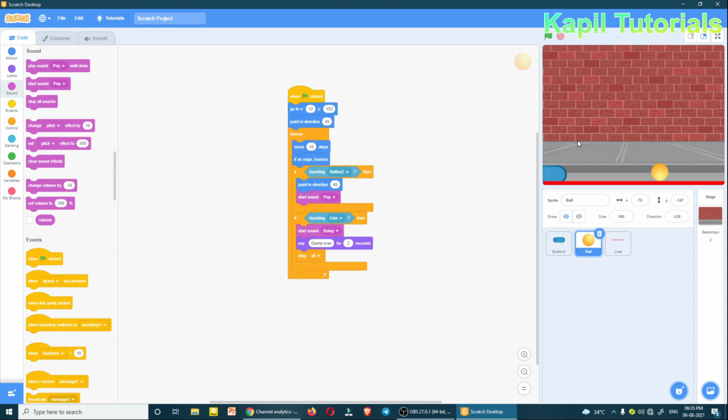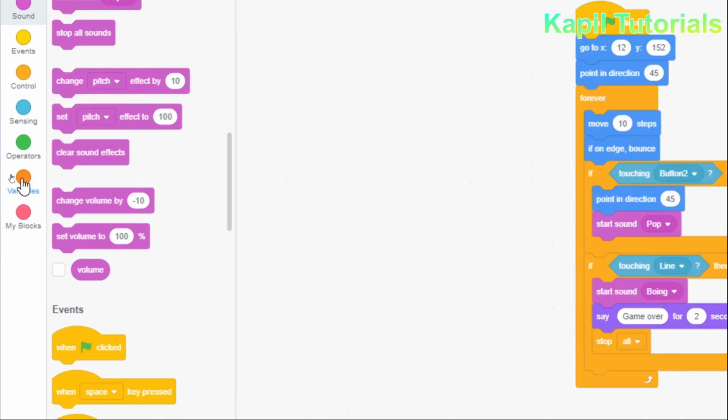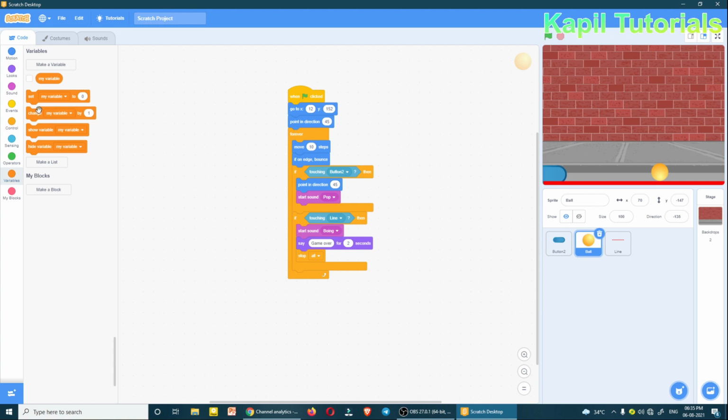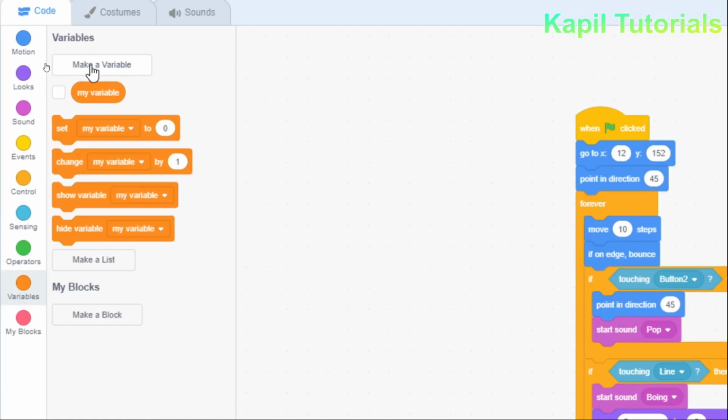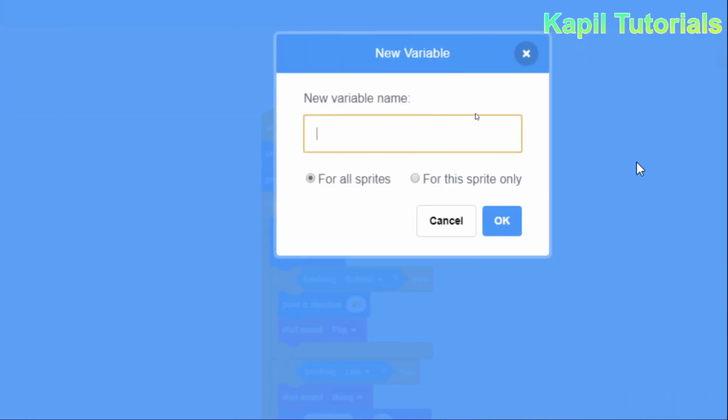So now I want to add score also. When I play the game, the score should also be added, and just for that I have to take one variable. So I'll go to variable here, and I'll take a new variable, make a variable, and I'll name it as score.